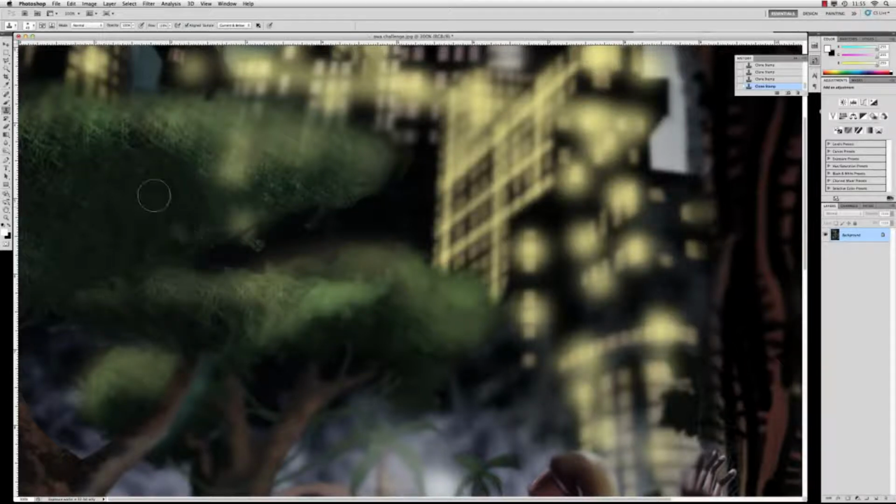And as you go along doing this, just make sure that you're constantly resampling, getting stuff from a new area before you make really long strokes. And that will avoid getting a lot of...